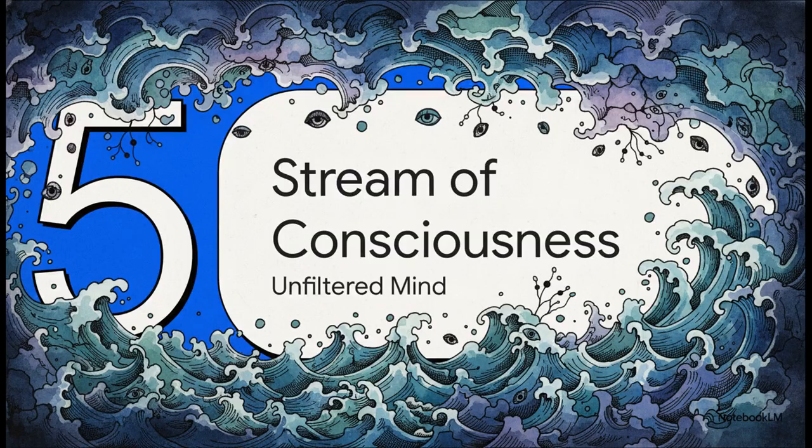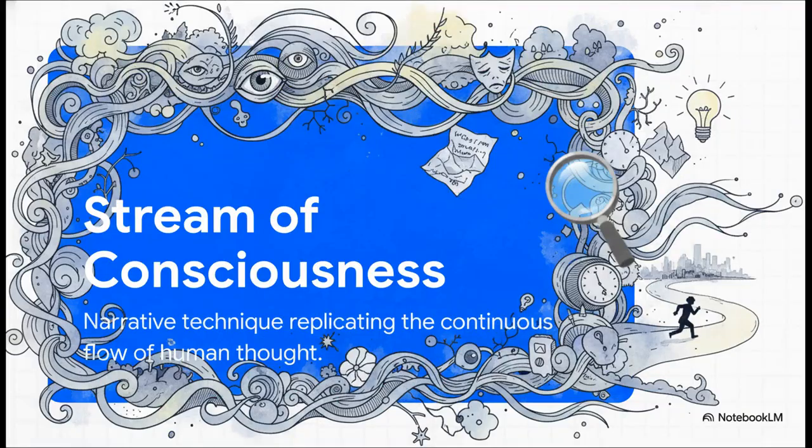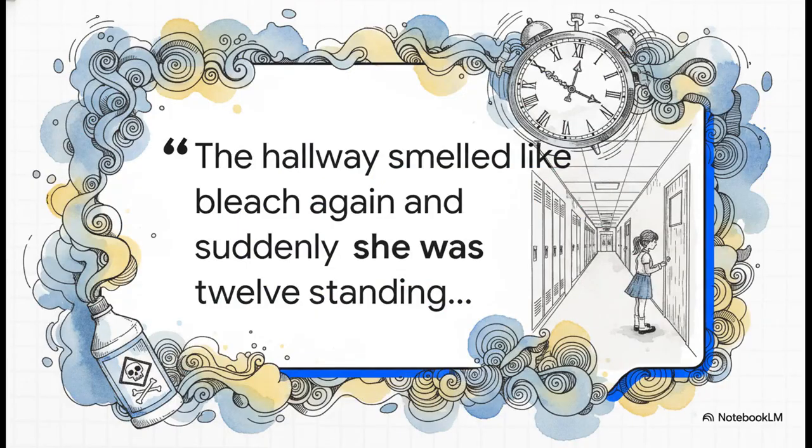Section 5. Stream of consciousness. The unfiltered mind. All right, prepare yourselves, because we are sinking into the deepest, most turbulent layer of psychological fiction. Stream of consciousness attempts to replicate the raw, unfiltered flow of human thought exactly as it happens. It completely abandons neat, grammatically perfect sentences to mimic how our brains actually work. And let's be real, our minds are chaotic. We bounce erratically between sensory inputs, sudden memories, present fears, and random observations, all in the span of a few seconds. Feel the sheer momentum in a passage like this.